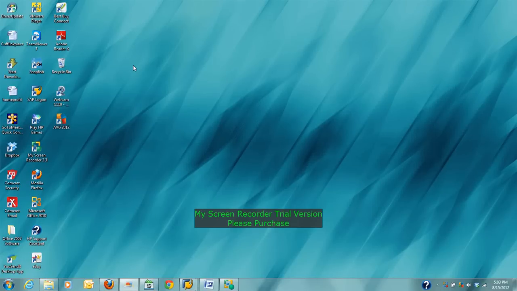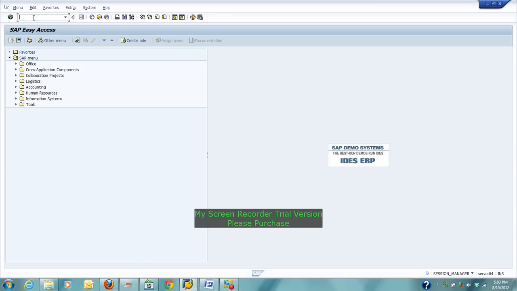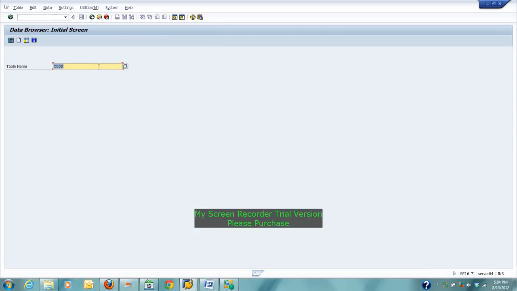Yes, in this class we are going to talk about some important tables in SAP. So let's go. The transaction code used to execute the tables is SE16 or SE16N. So let's type /n SE16. Okay. We are going to talk about some important tables. For example, we are going to talk about